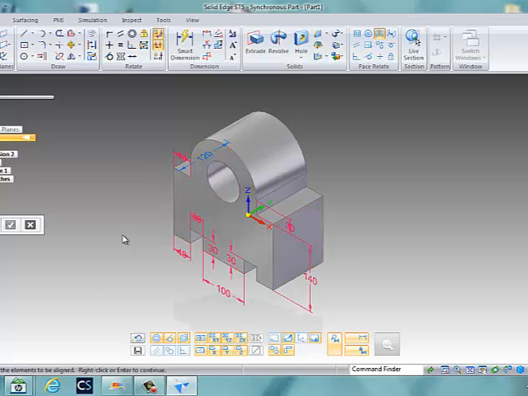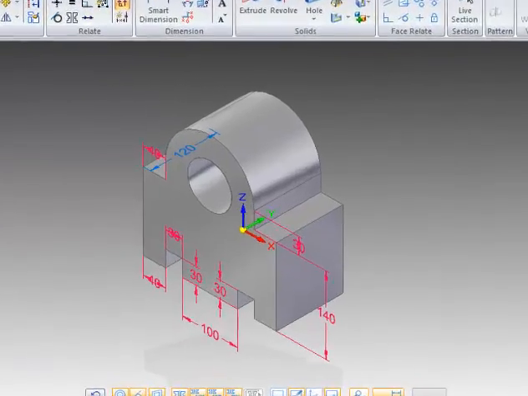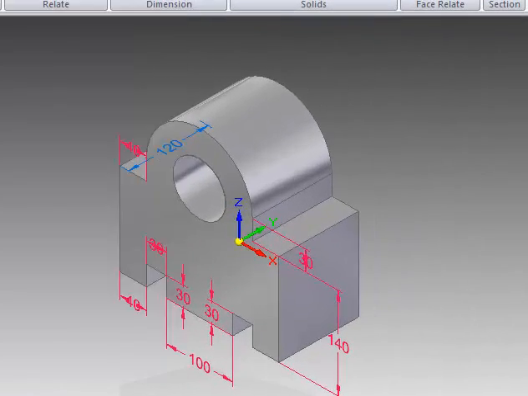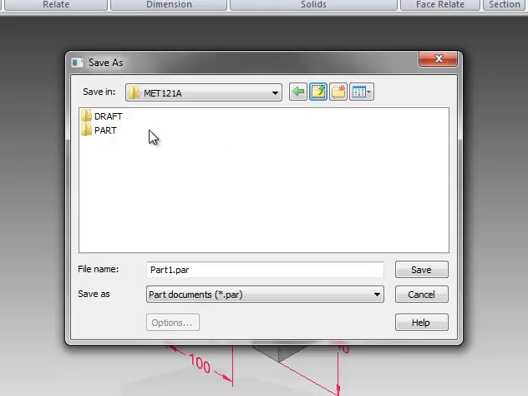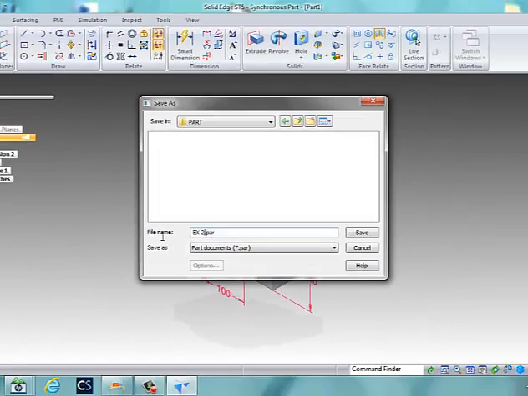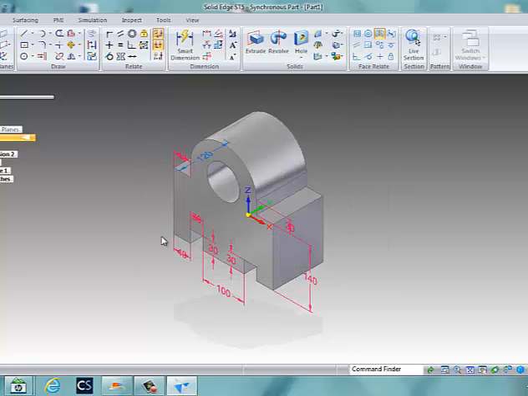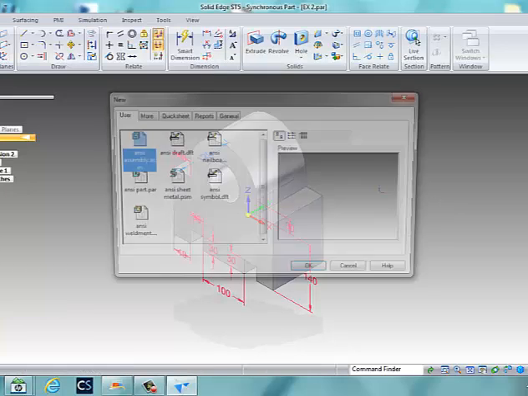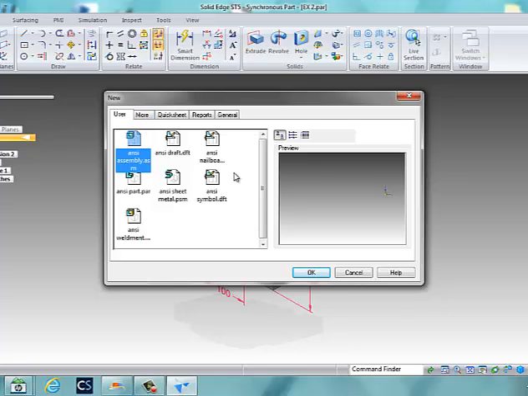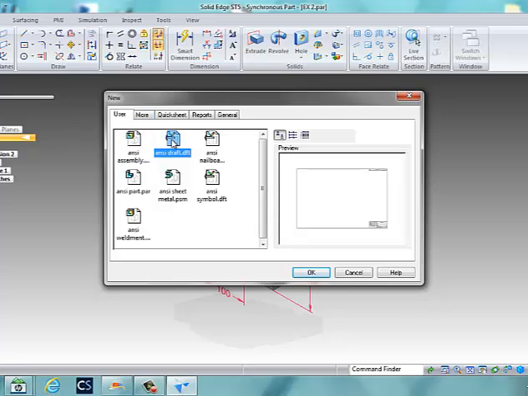Alright, so now we have our piece made, and we're going to do a file, save as. We're going to put this in our MET121 folder under parts, and we're just going to call it exercise 2 and hit save. Now we don't have to close this out, we can actually leave it up there in case we need it for something. We're going to go to File, New, and we're going to select our ANSI draft option,